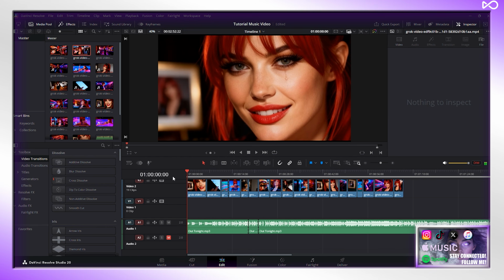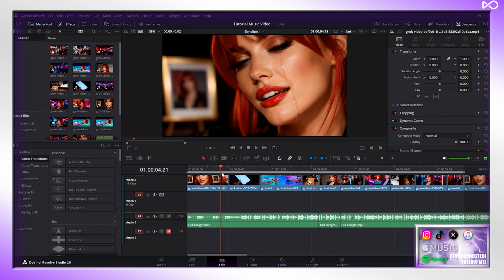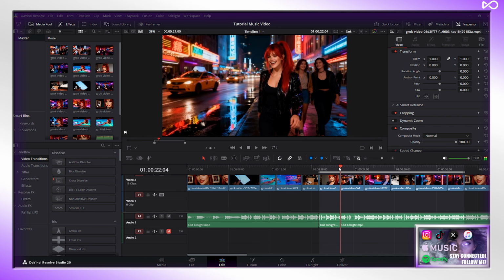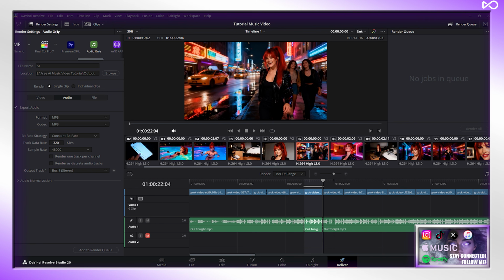So find where you want your first lip sync to begin, and move the playhead to the start of the clip and press I. And then move the playhead to the end of the clip and hit O. This now has sectioned out what we would like to export. Then we are going to click Deliver. Now at the top, you will see